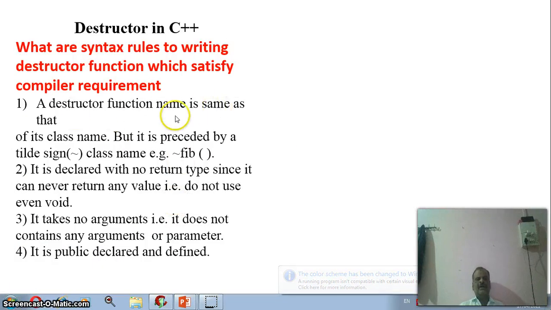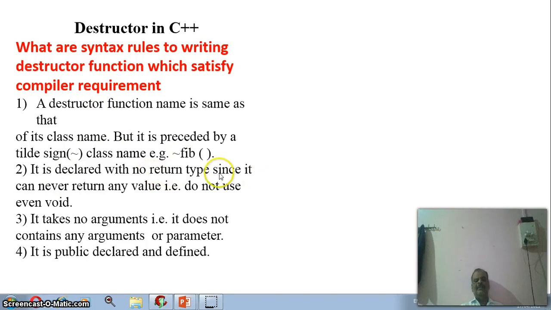Syntax rule: a destructor function name is the same as the class name, that is, class name and destructor name are both the same, but a tilde sign is given before the name of the destructor function, like this. Here the destructor name is fib and the class name is fib, and once the complement sign is preceded, you call it a destructor. It is declared with no return type.